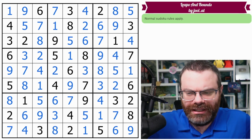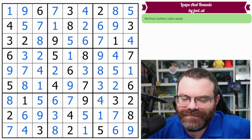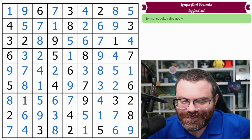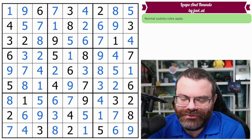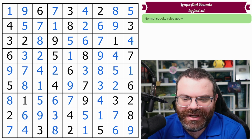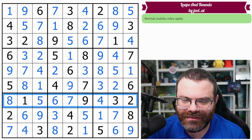Yeah. Cool. I wonder if that was the skyscraper I was supposed to find. Let me know if there was a different one. I know I was supposed to find a skyscraper. But yeah, so sometimes it just takes looking through where can each digit go until you find something. Let me know if this was telegraphed in a way that I just didn't understand. Clearly it was set up from the start because we had